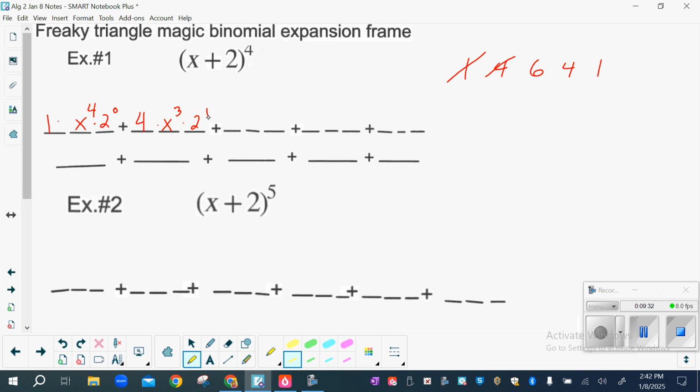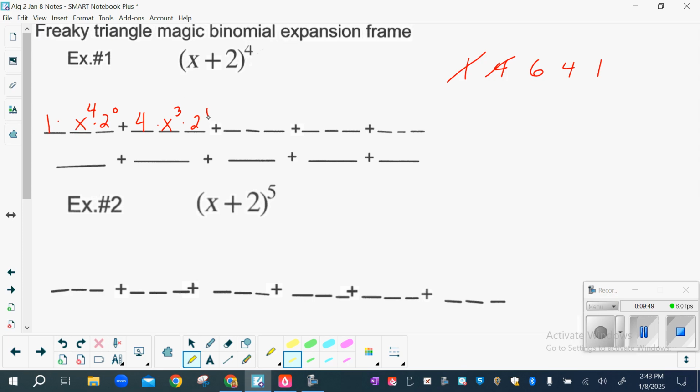I have a question, but how come 2 to the 0 is 1? We just talked about it. If you want to do some research later or stay after class, we can talk more about it, but I already talked about it. Okay, so on the next one,